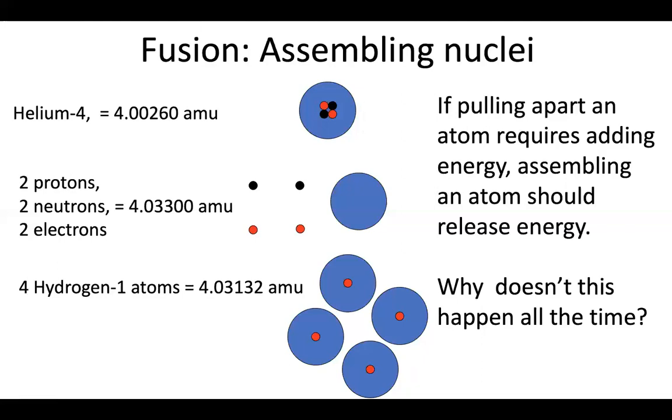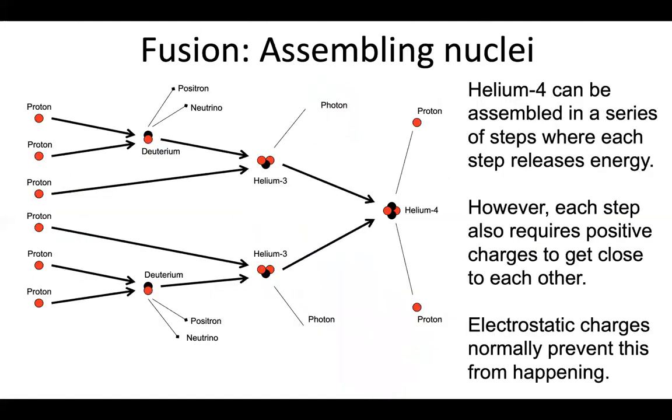So why doesn't it just happen? We said nuclear decays result in a mass reduction and so can happen spontaneously. Why doesn't this happen spontaneously? Well, you might say, well, it might be unlikely to take 4 hydrogen atoms and get them into one place. That's not the fundamental problem. We can take hydrogen atoms and assemble them step by step into a helium atom.